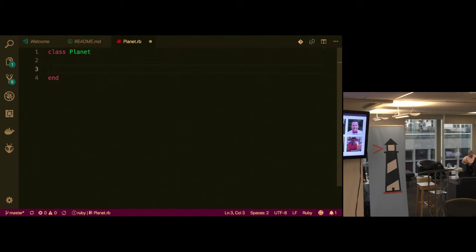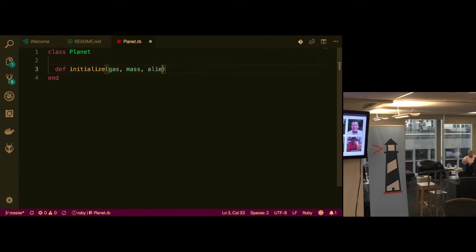Okay, so let's set up some default state when we create the planet. So every time we initialize a planet, we're going to give it some gas, mass, and aliens. Sound good? Okay. So there is a special method that gets called on every class when you instantiate a new instance of that class. That method is initialize. It's kind of like which method in JavaScript? Kind of like constructor. Initialize.